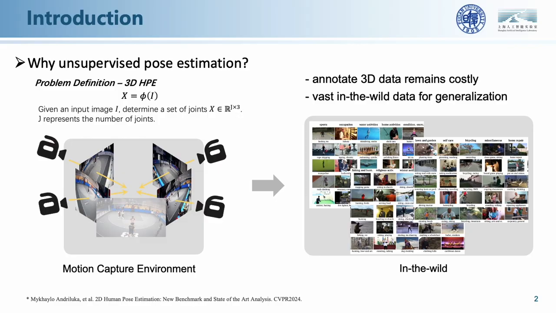As we know, for ECCV vision systems, the 3D ground truth can only be accurately calculated or annotated in multi-view scenarios. While there are some multi-view databases in mocap environments, obtaining labeled 3D data remains a costly process. Furthermore, compared with in the wild 2D data, the quantity and diversity of 3D data are significantly inadequate. It ultimately hampers the performance of 3D human pose estimation. For the unsupervised HPE task, the method needs to bridge the gap from mocap to the wild.